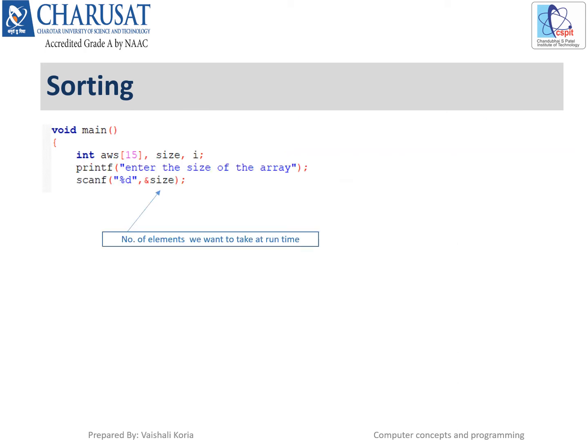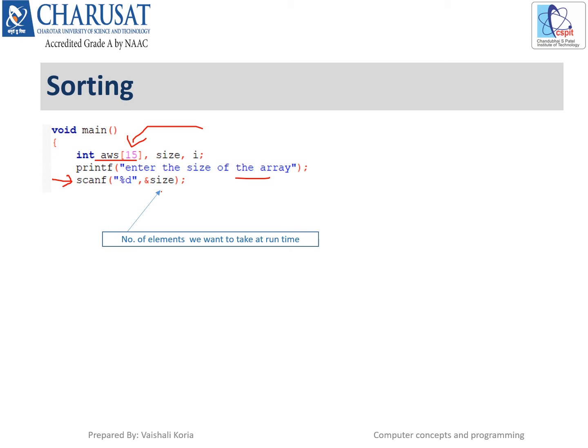Now in the next step, we have taken one scanf, and in the scanf we are asking the user to enter the size of the array. The size of the array is already mentioned as 15, so why does the user have to enter this again? This is because here we have declared the array of the maximum size. But suppose I want to run this program for 5 students or 10 students. It is possible that not all the students have enrolled in this academy, only 5 or 10 students have enrolled.